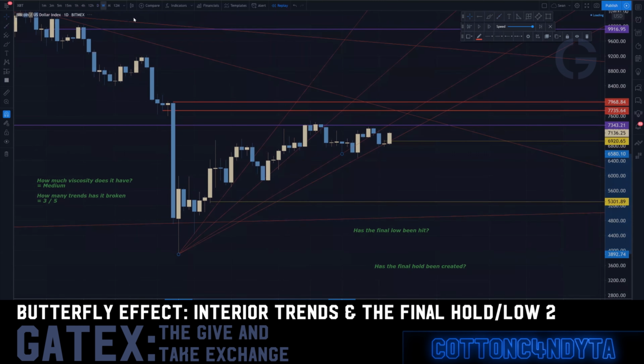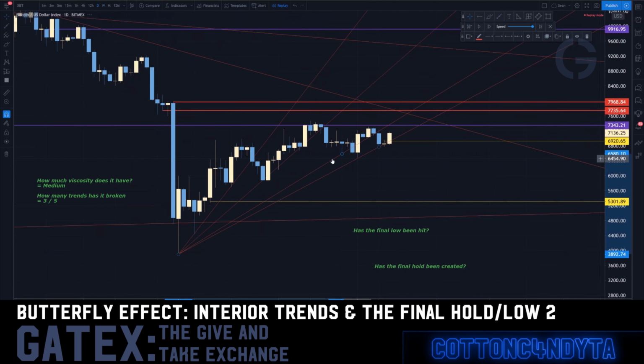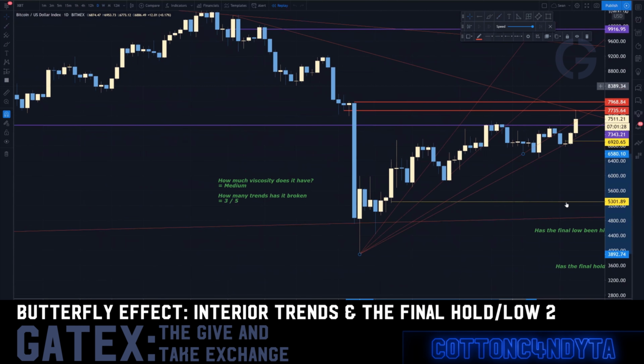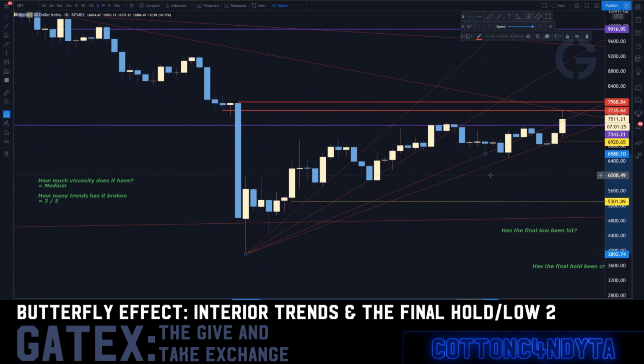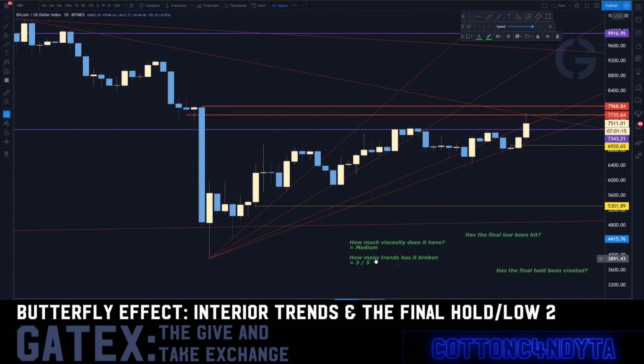could possibly say that this never actually broke the trend because maybe on a higher time frame, it didn't actually create a low, and there is actually no low there. So actually I would say that is broken. You're simply fanning out trend here, and this trend is getting ready to stop supporting the move, right? Like we've already broken this trend, and the viscosity is getting lower on it, right? So, we've broken 3 trends.